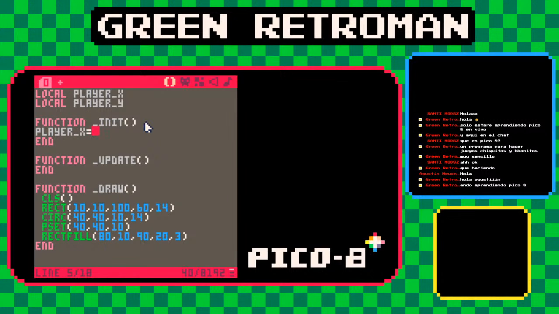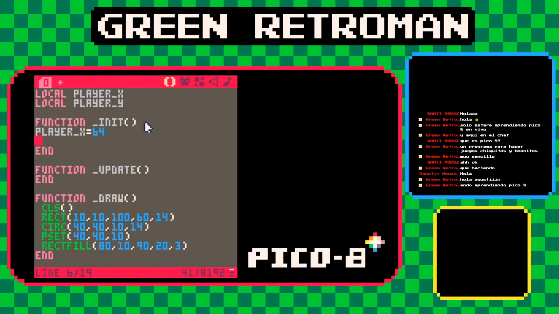Player y equals 64. Let's make this a little bigger. So we're setting the player x and the player y to 64 to start. These are just variables, they don't do anything. We can choose